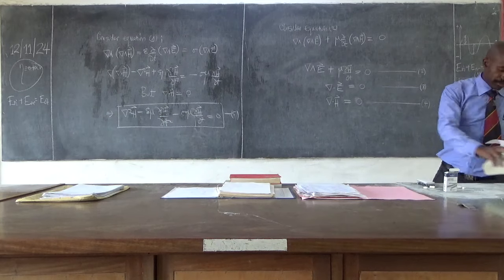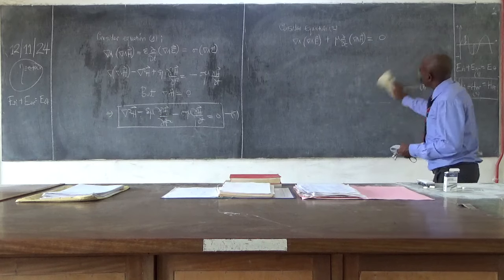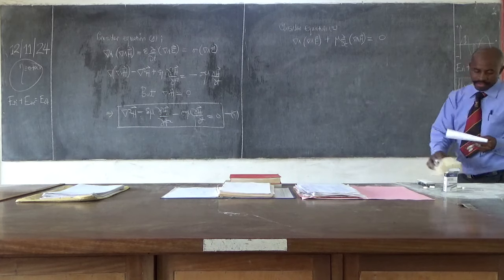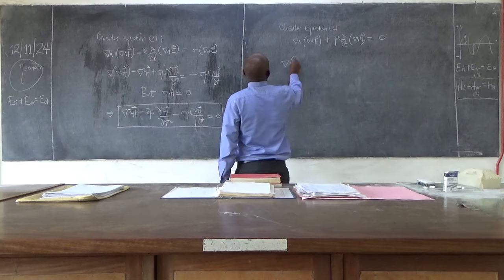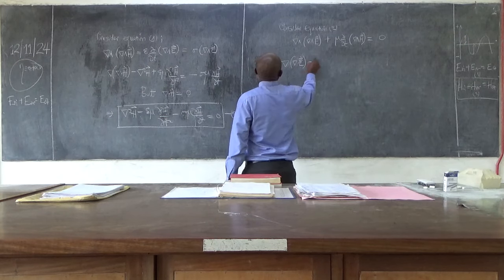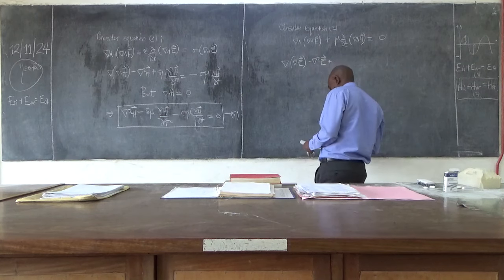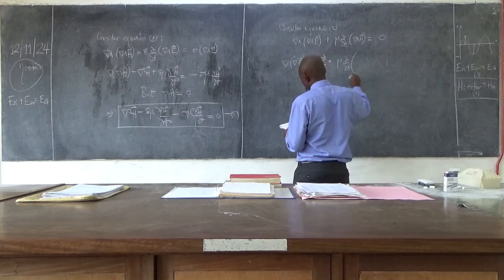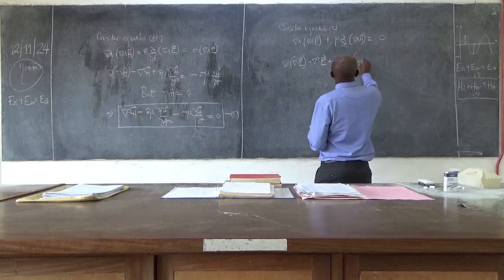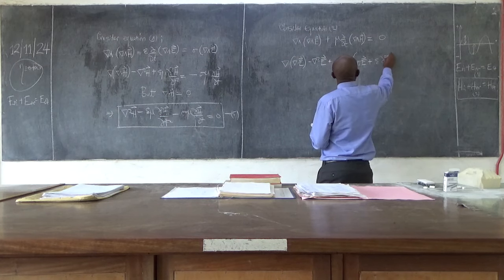Then we do the right gymnastics. And so this would be grad divergence of E minus grad squared E plus μ ∂/∂t in σE plus ε ∂E/∂t equals to,